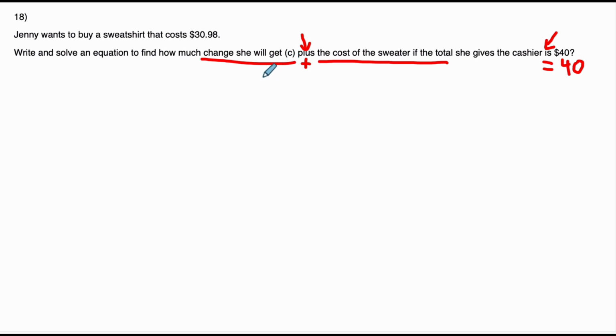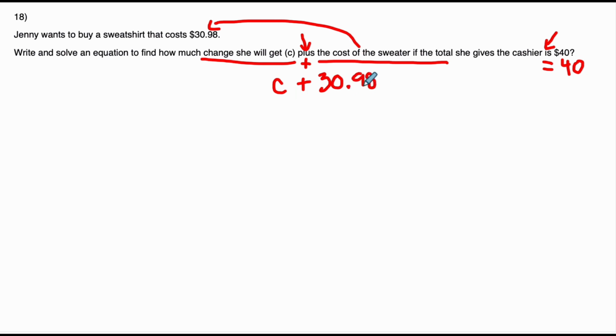So here is the equation. The change, we don't know how much change she is getting. That's going to be represented by the variable c. So whatever her change she gets back, plus the actual cost of the sweater. Now the cost of the sweater is given to us in the problem. That's